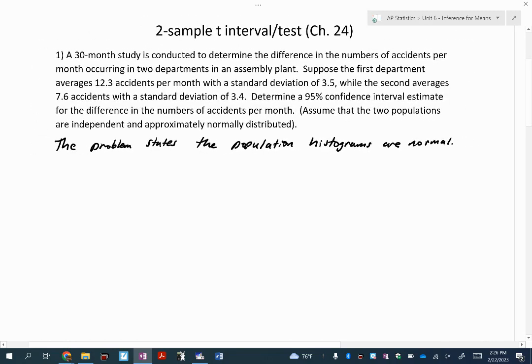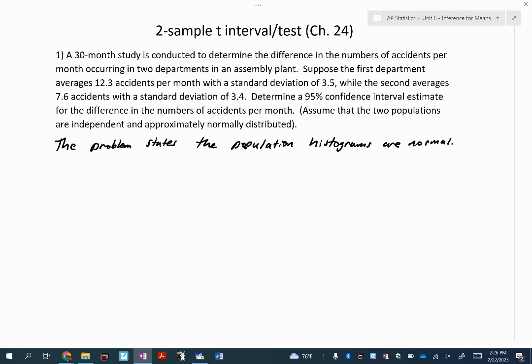And then tomorrow, wink, wink, when you get your data, what are you going to do with each of those samples? Put them in the list to make the histograms. All right, so you got to make the histograms to see if they are roughly symmetric and unimodal. Okay? Do I need to do that for this? No, I don't have any data. I just was given statistics, all right? And it tells me you don't need to worry about it because I'm telling you the populations are normal. Exactly. All right, interesting. I would not have done that first, but we can totally do it in any order you want.